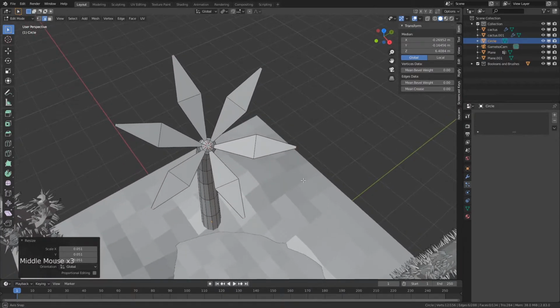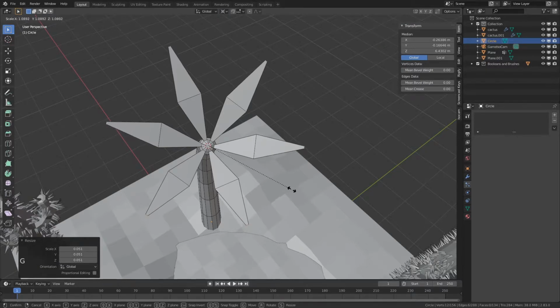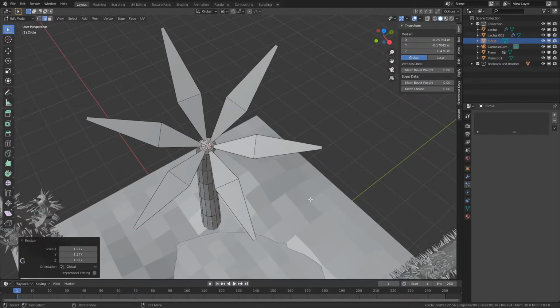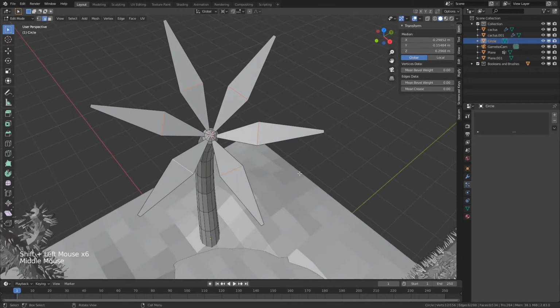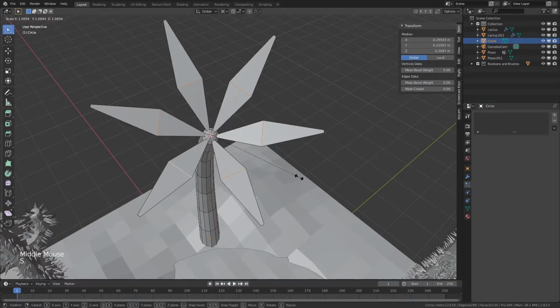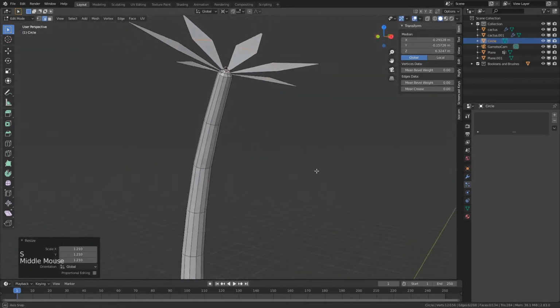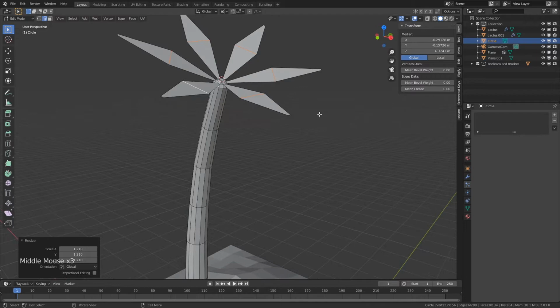Now I'm going to switch it back to 3D cursor because I think these could be a little further apart. So let's hit G and S, and that just moves them out some more. And we're going to do the same thing actually with each of these edges. I don't know if this will work. We'll hit scale. Yep, I moved them out. It's awesome. All right, so what I want to do is grab these edges out here,